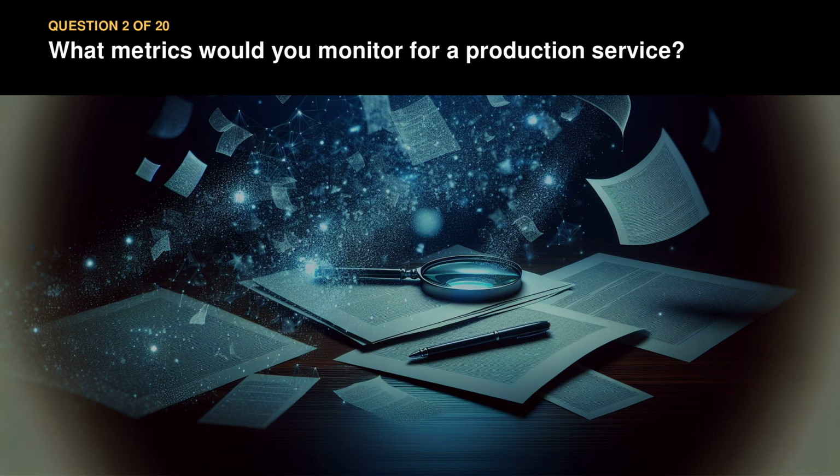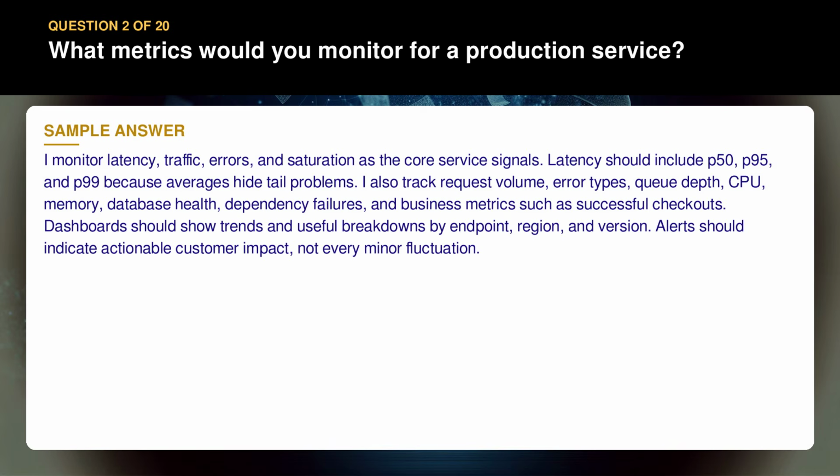Question 2. What metrics would you monitor for a production service? I monitor latency, traffic, errors, and saturation as the core service signals. Latency should include P50, P95, and P99 because averages hide tail problems. I also track request volume, error types, queue depth, CPU, memory, database health, dependency failures, and business metrics such as